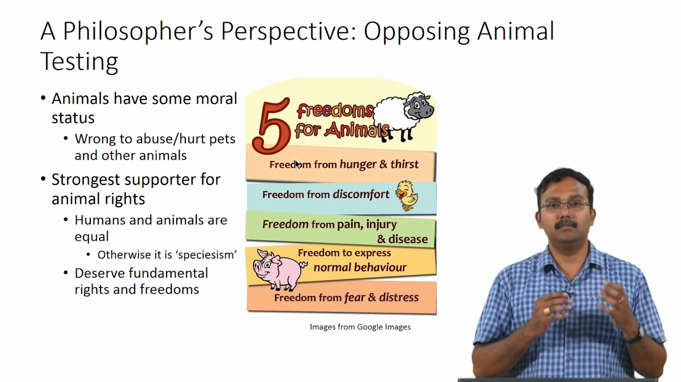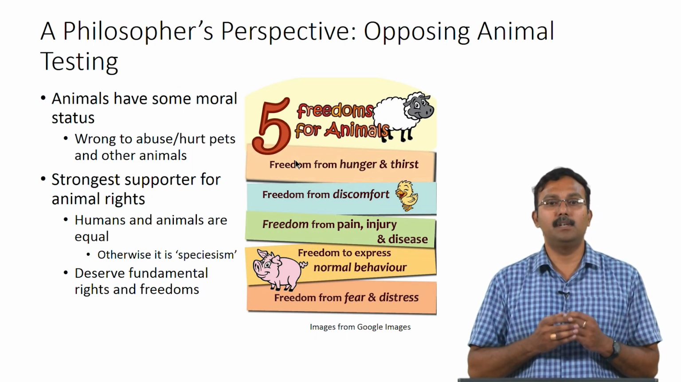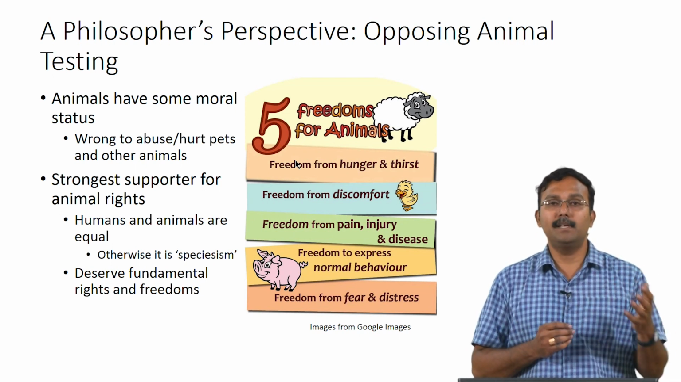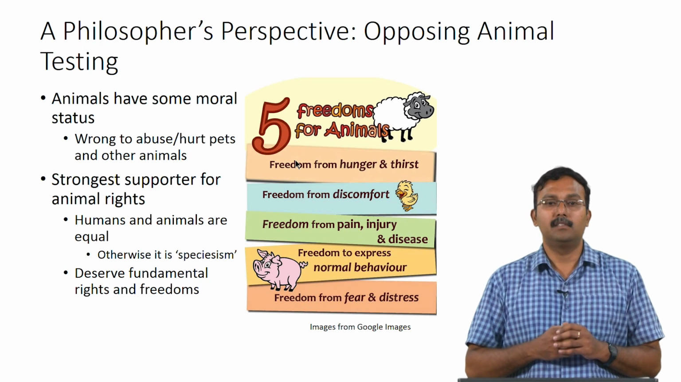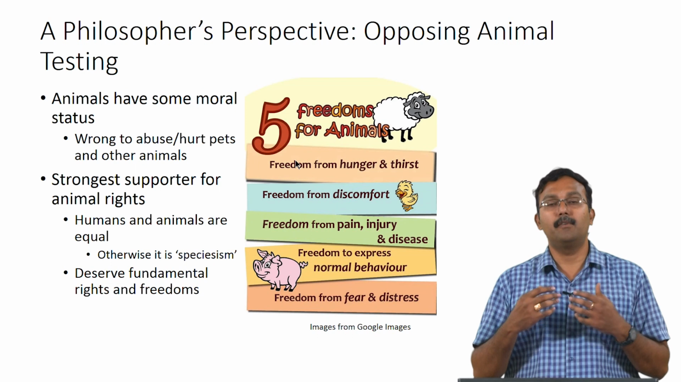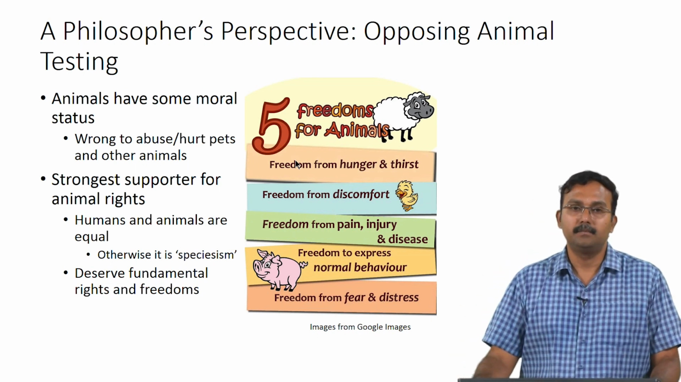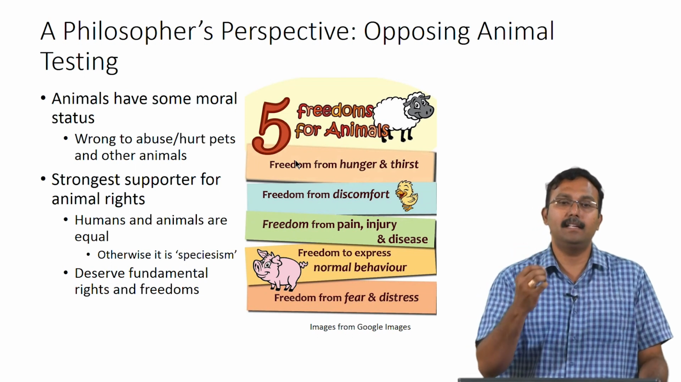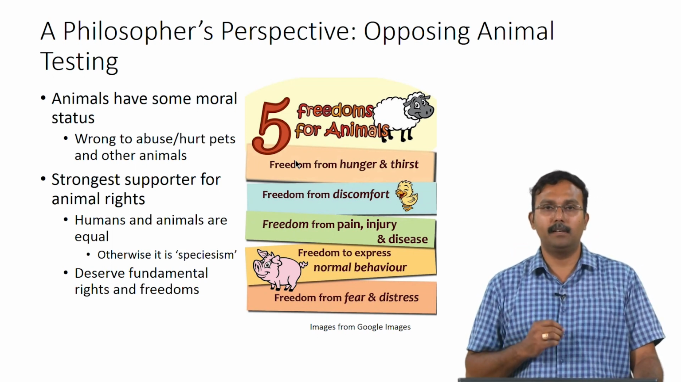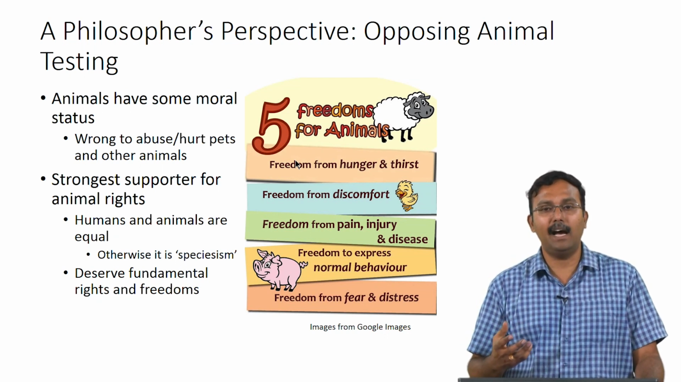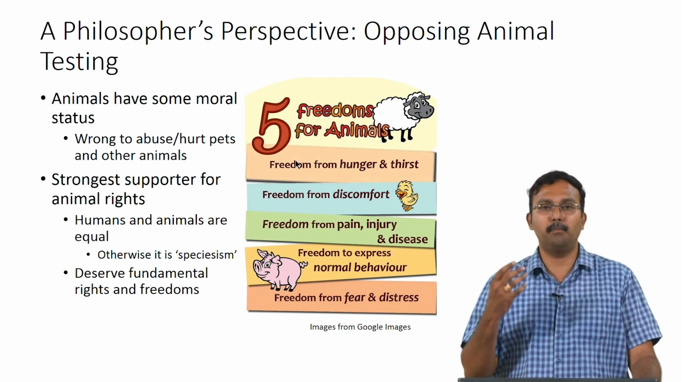The strongest supporter for animal rights would, from the philosopher's perspective, even say that humans and animals are equal. Otherwise it can be called speciesism, which, like racism, is a way of discriminating because of the species. And we should say that they deserve the fundamental rights and freedoms of a human. So, some of the rights which animals should have, from the perspective of a philosopher who opposes animal testing,